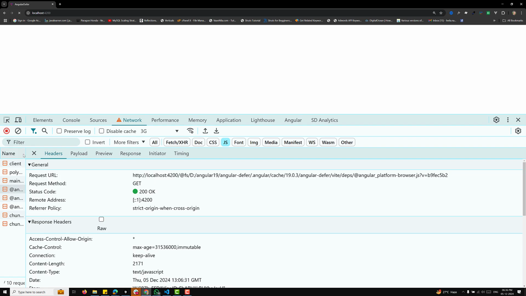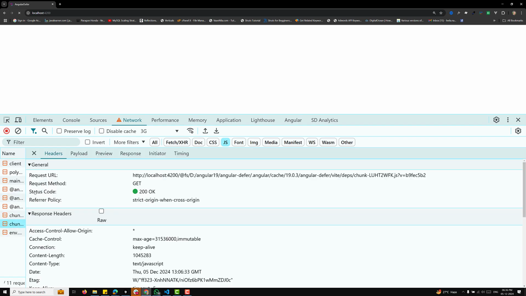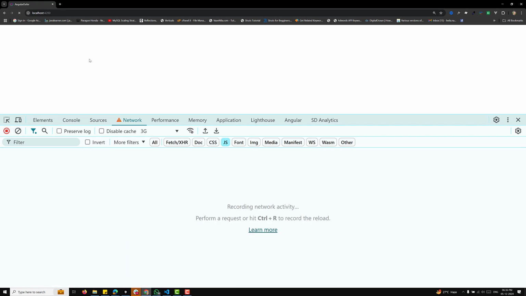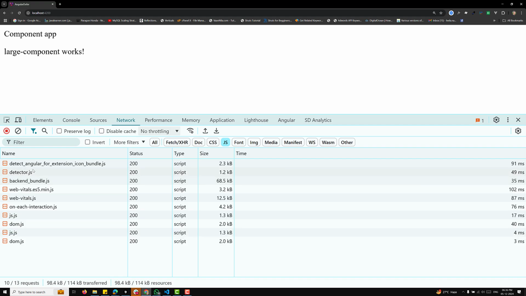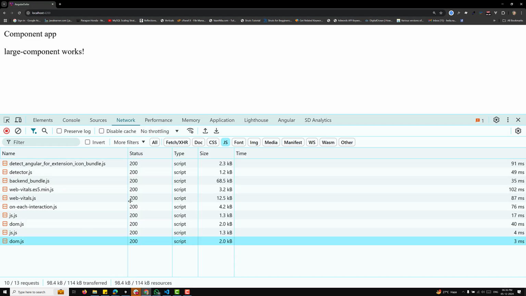So fine. Now we are able to understand this all. This is a chunk file which is getting loaded, and these are all normal files which are getting loaded. For example, let's say this is on 3G, no throttling, we'll try to keep it. So these are all the files which are getting loaded. Fine. Now what I want to do is, for example,